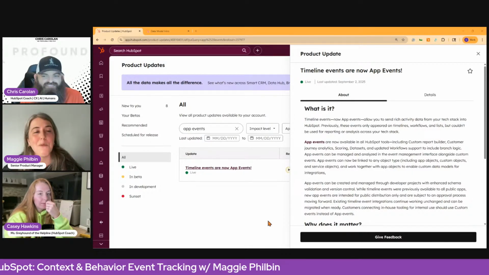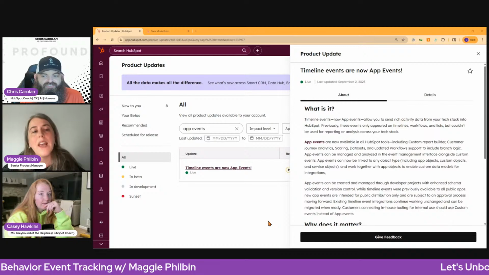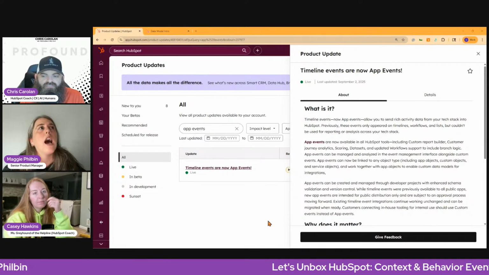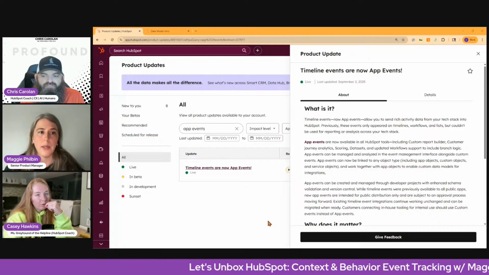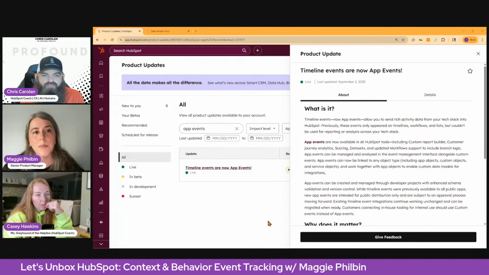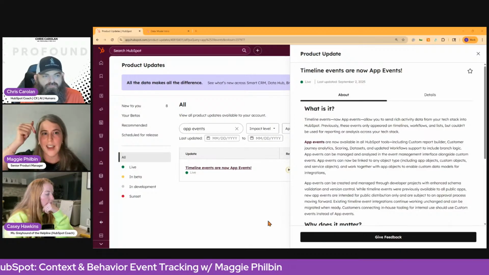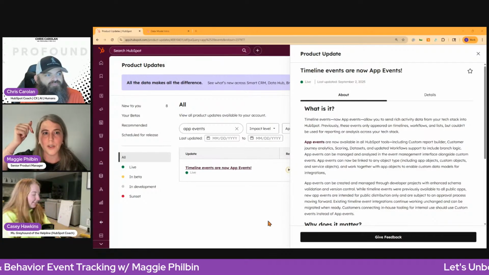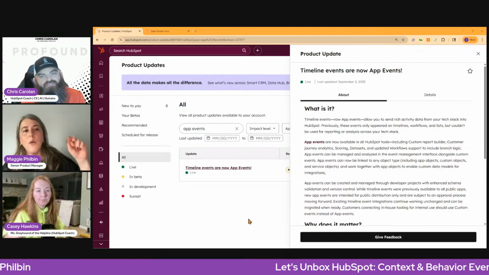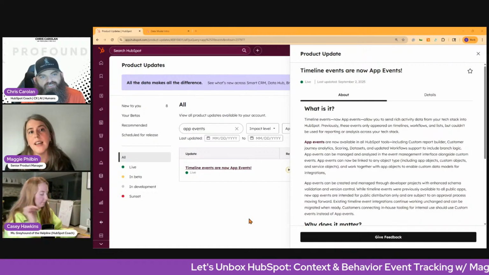They're actually one of the older things at HubSpot in general. And when they were built, they were a way for app partners in the marketplace, so folks who build apps to put in the marketplace, to put things on the HubSpot timeline. And I'm sure as soon as I say that, you can probably visualize what these look like. If you've ever seen a third-party logo on the HubSpot timeline with a description of something that happened, that's a timeline event.